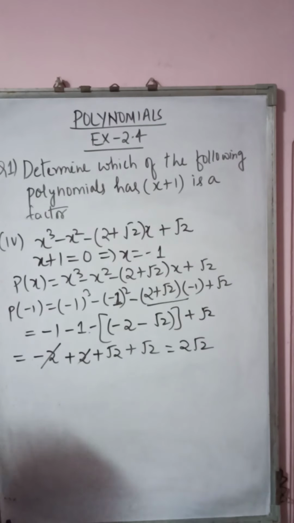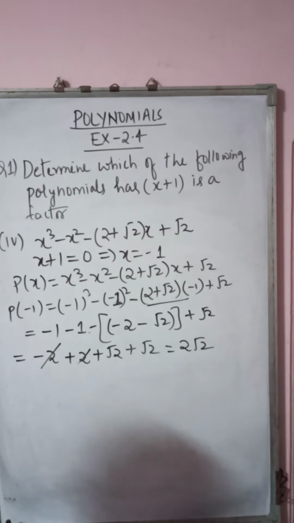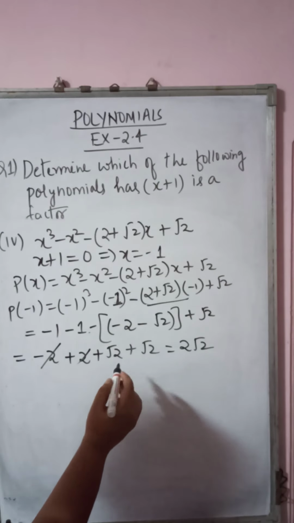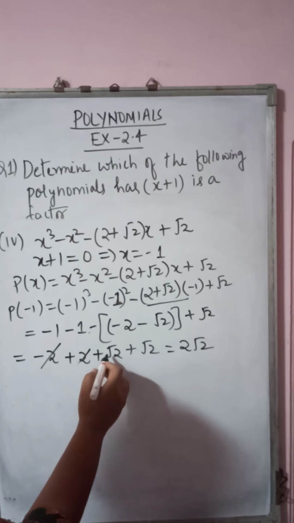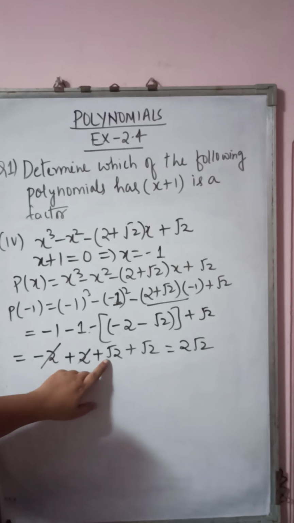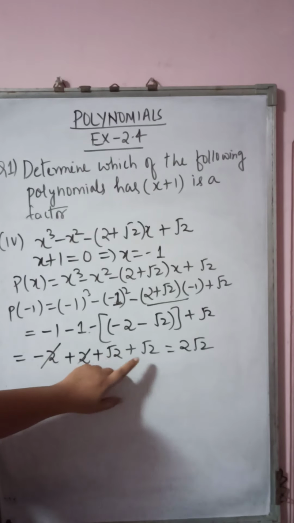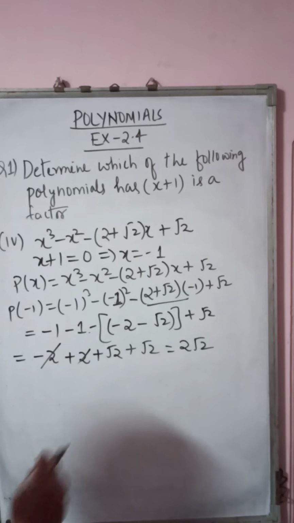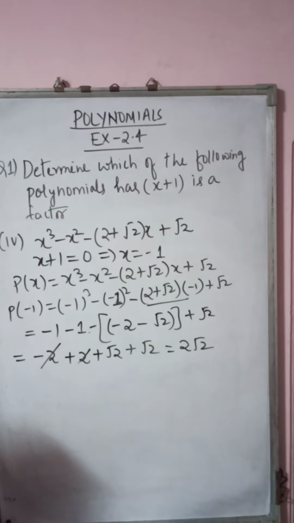So we are doing addition of irrational numbers. When you are performing addition of irrational numbers, you are only adding or subtracting the number outside the root. If no number is mentioned, it is 1 outside the root. And here also no number is mentioned, so it is 1. So 1 plus 1, 2 root 2. And root 2 you will take as common. So question number 1 is done.